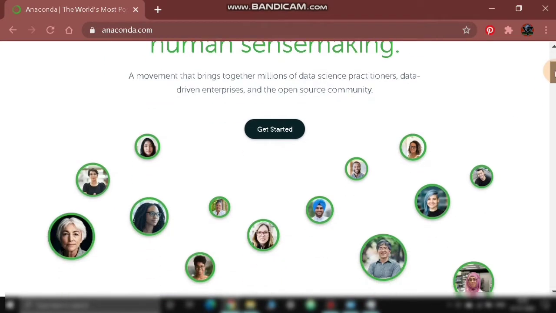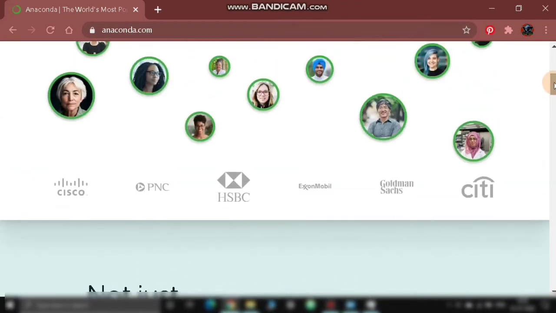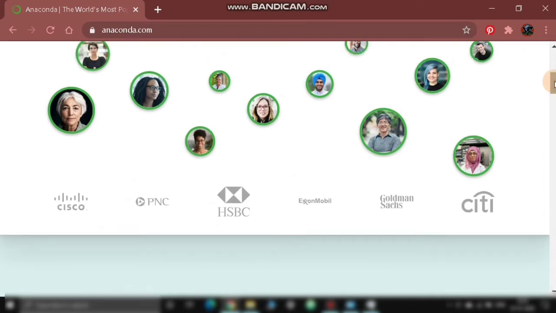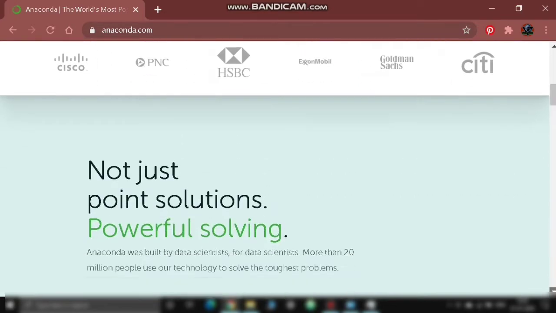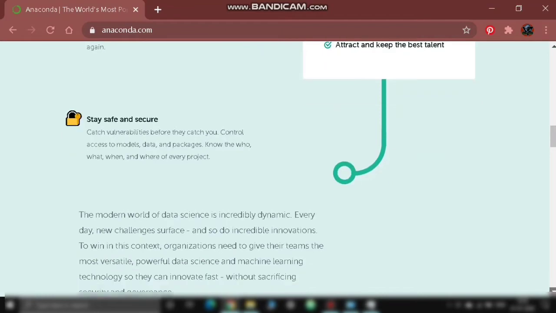That means this software is used by many types of developers across the world who desire to use it from a machine learning perspective. Now, what is machine learning, and what is deep learning or the AI part?